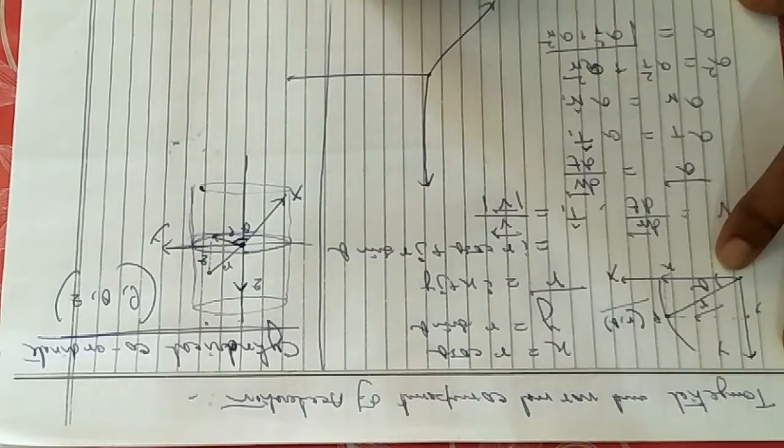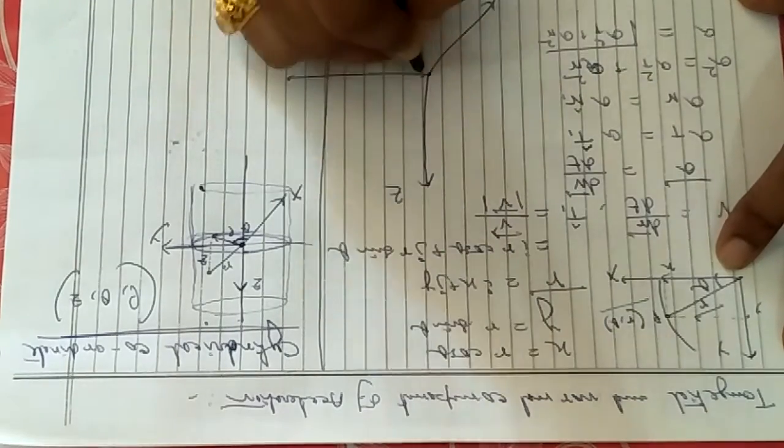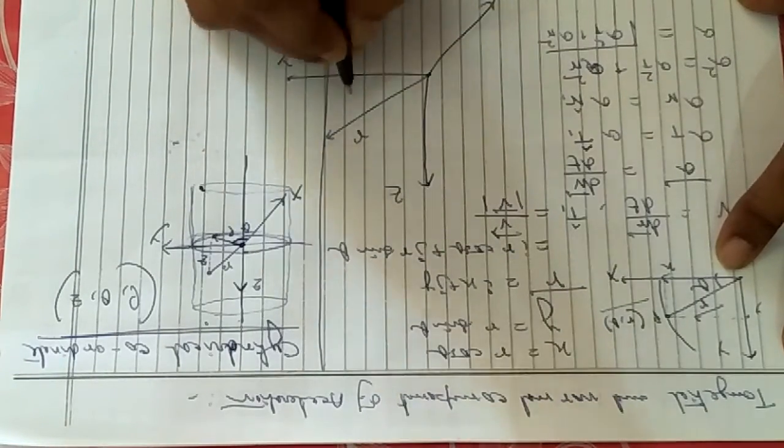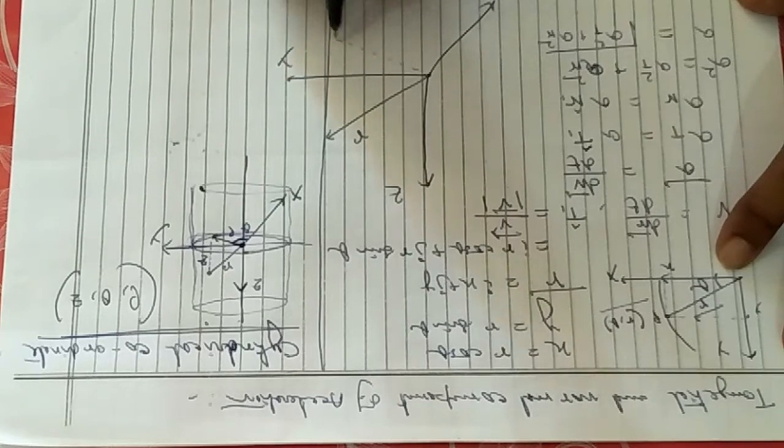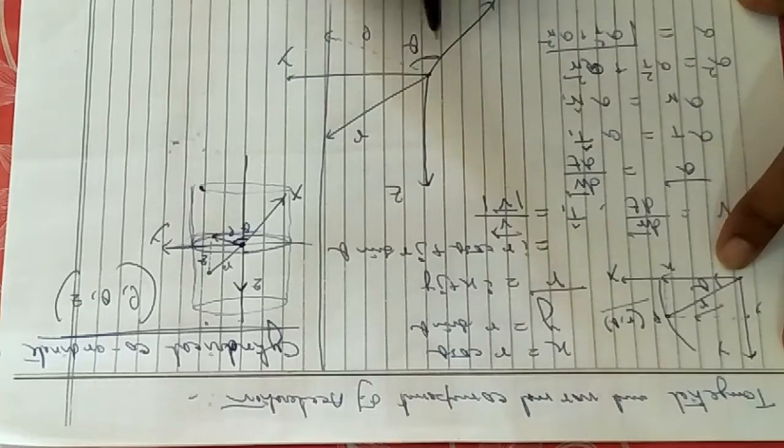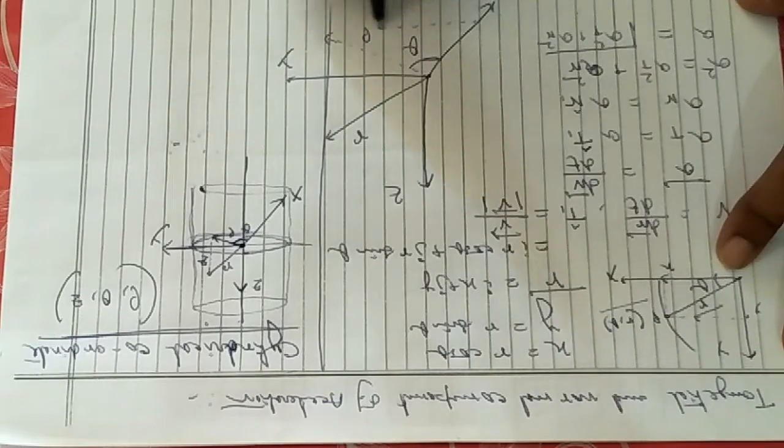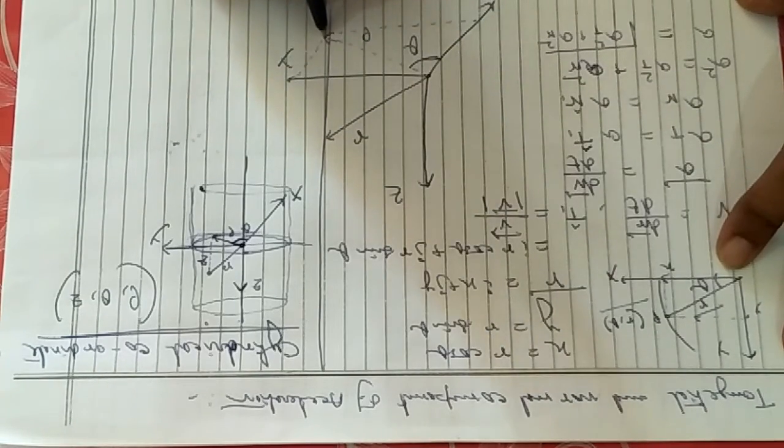Now I have resolved it into coordinates. This is x, y and z, and it was my r vector. The r vector is making a projection on the xy plane. The projection is rho. Rho is making an angle theta with the x-axis. Now I am resolving it into components. So try to resolve it into components.